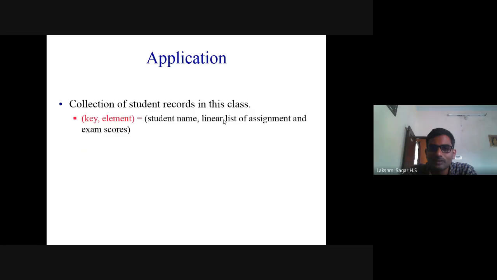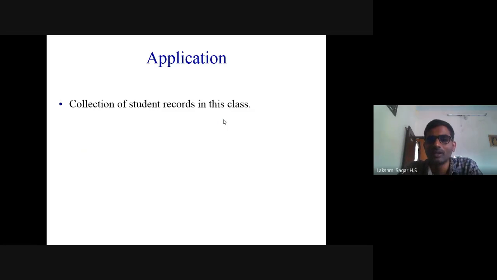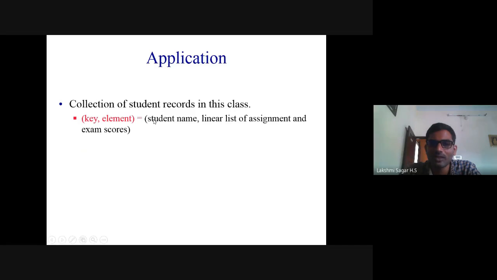So, different applications. First one is a collection of student records in this class. A key is nothing but a student name. Corresponding to the student name, the associated elements are a linear list of assignments and exam scores. Student names are distinct and the score is different for each student.